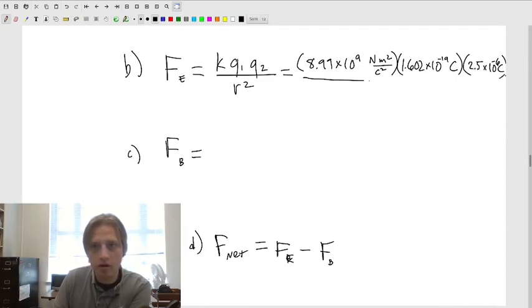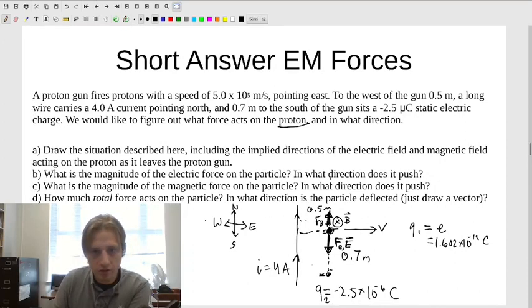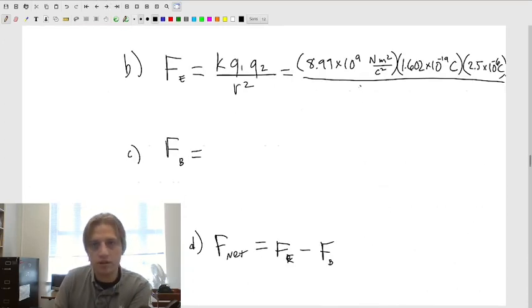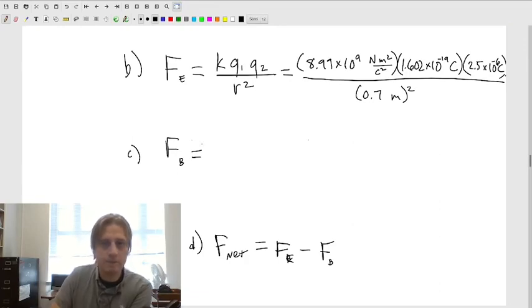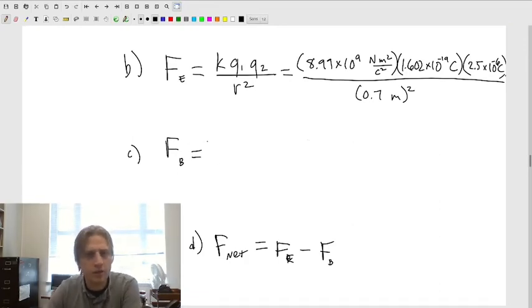And then our r would be the distance between those two charges, which would be 0.7 meters. So down here I would have 0.7 meters squared. That should give me an answer that's in newtons. On the other hand, for my next one,